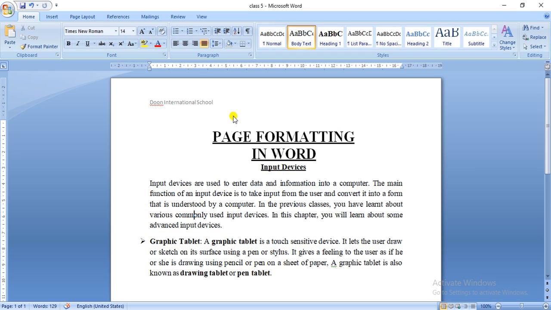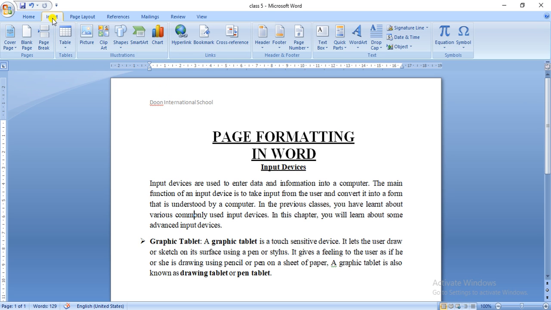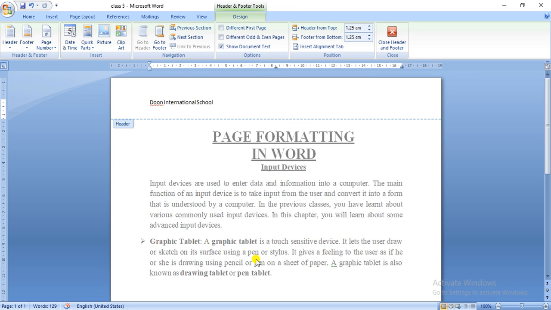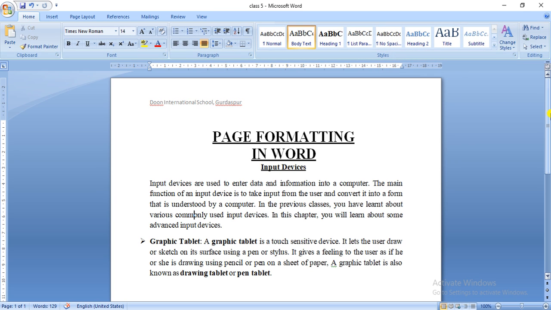Now to edit the header or footer, you have to click on the Insert tab present over here and go to the header and footer group. Click on either header or footer for editing. Click on Edit Header and you will see I can edit my header and footer over here. And either you can now press escape from the keyboard, or you can close header and footer option present in the close group. So in this manner you can add a header and a footer to your document.